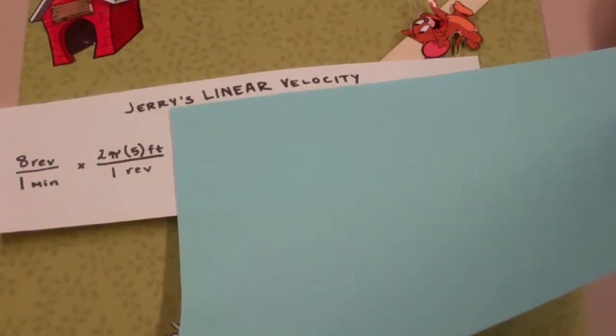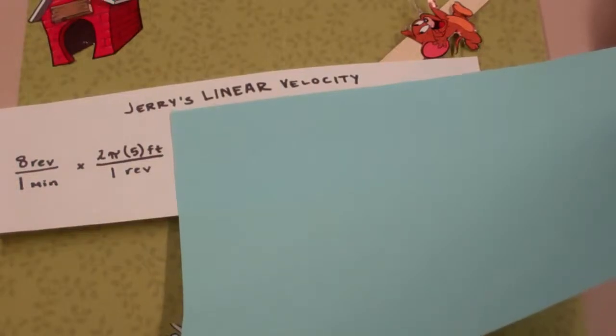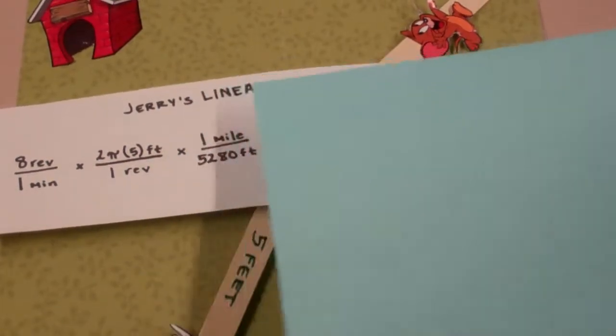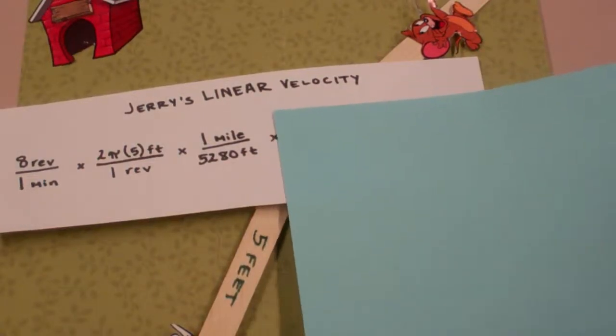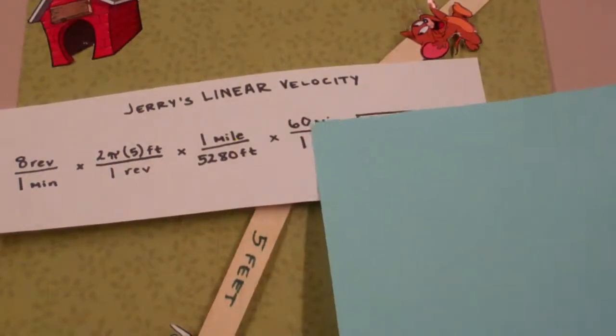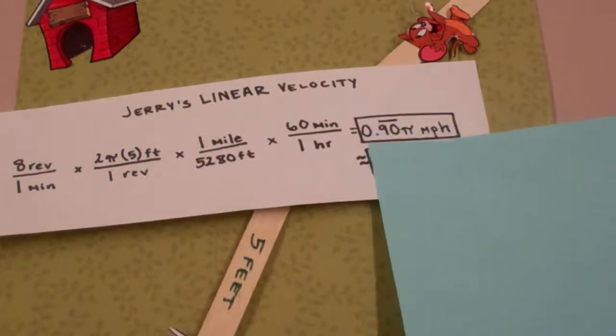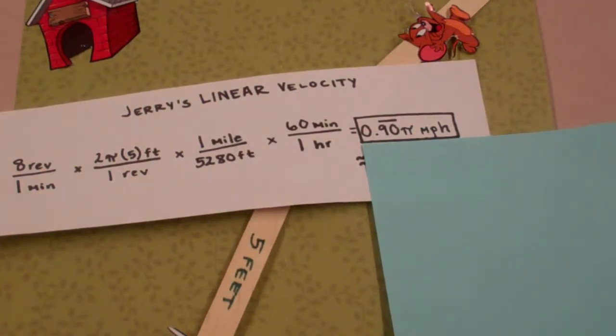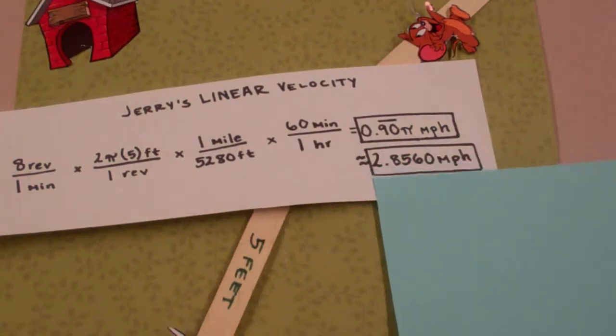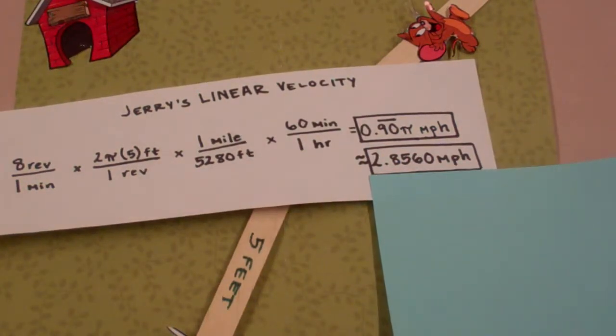However, Spike knew that he did not want the distance portion of his unit in feet. He wanted it in miles. Thus, Spike continued by multiplying by 1 mile over its equal, 5,280 feet. Continuing, Spike multiplied by 60 minutes over 1 hour. This computation yielded Jerry's linear velocity, or speed, of 0.90 repeating pi miles per hour, which is equal to approximately